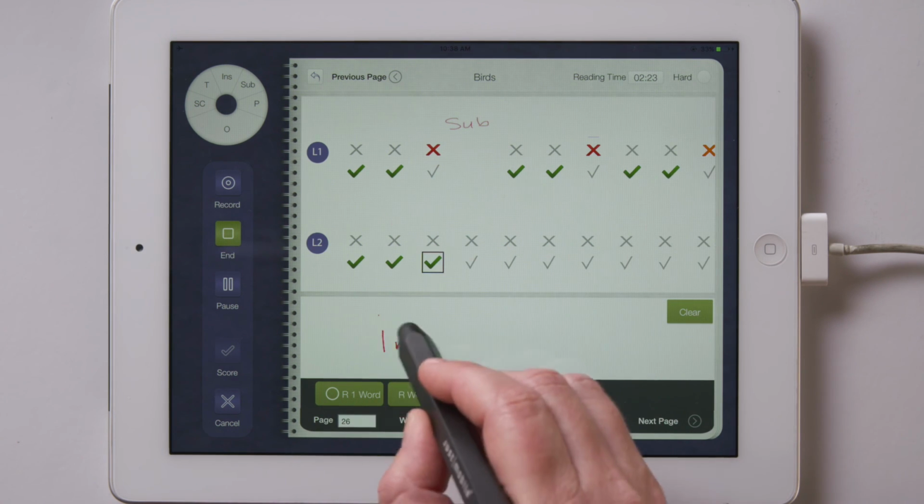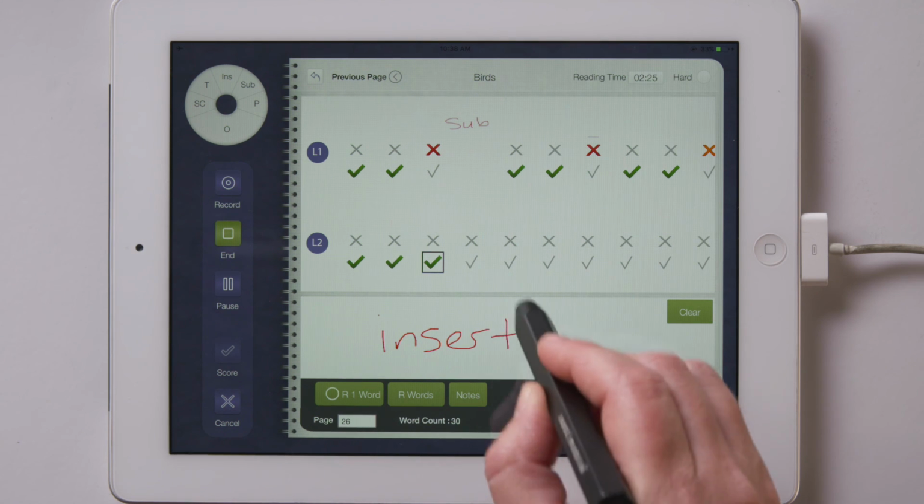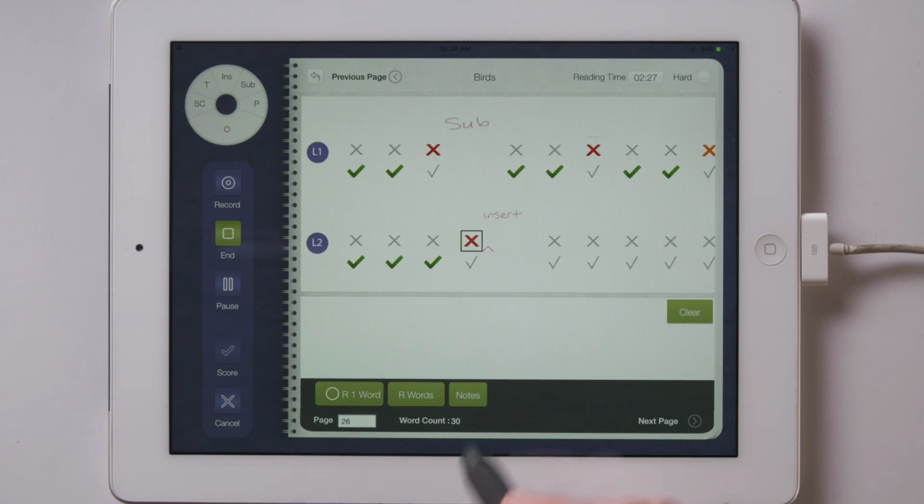The one exception being that this time for insertions, you will tap and swipe on a new X at the place of insertion rather than on the word before the insertion. Please note that while I have written insert here, you would write the actual word that was inserted.